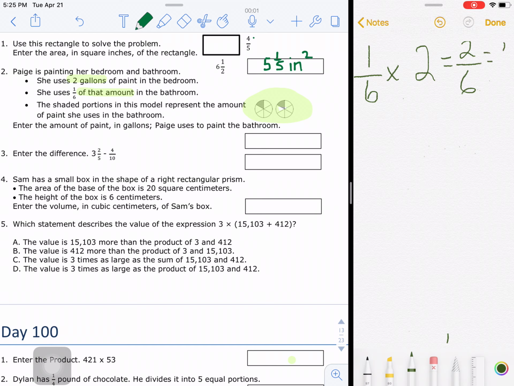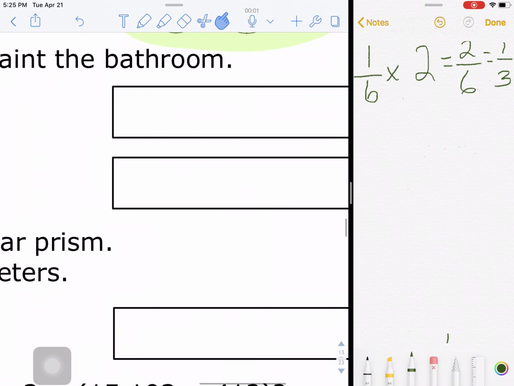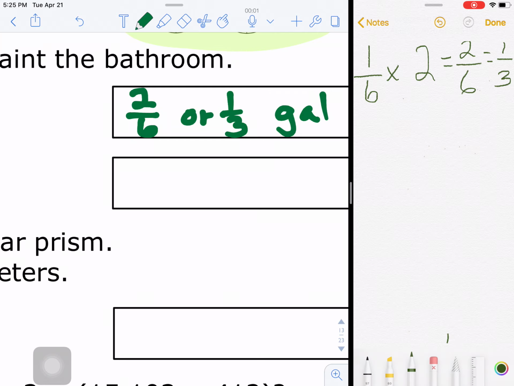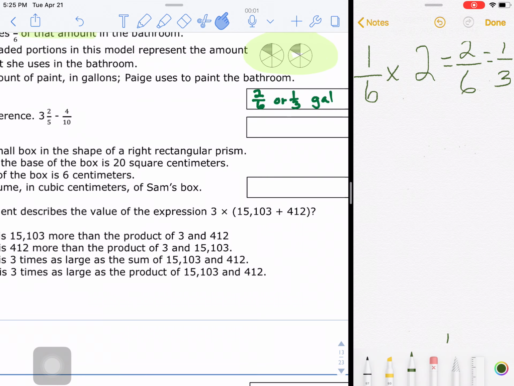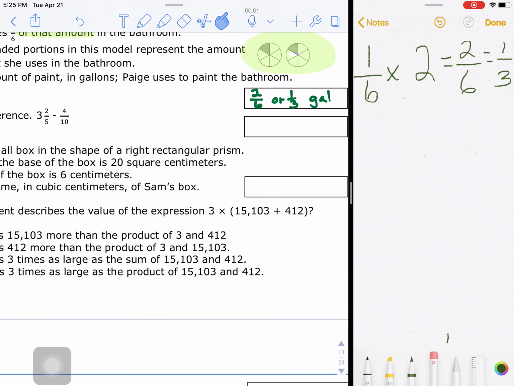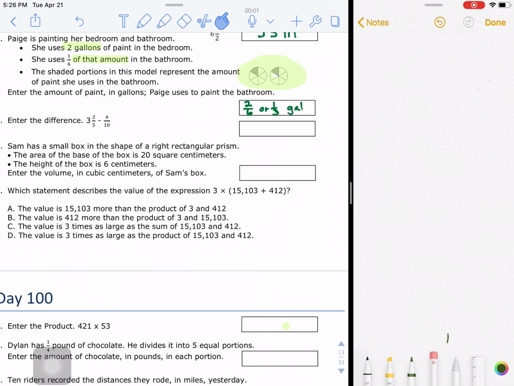2 goes into 2 one time, and it goes into 6 3 times. So it's also 1/3. So you could write your answer as 2/6 or 1/3 gallon. Now, when you get into 6th grade, you will have to be simplifying your fractions. So we're working on that now, but that is not a requirement. All right, the next problem we're going to see tells us to enter the difference